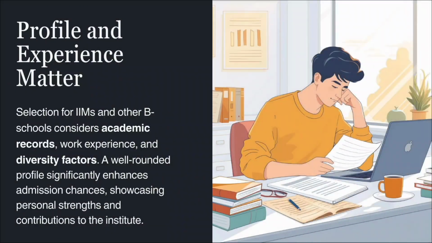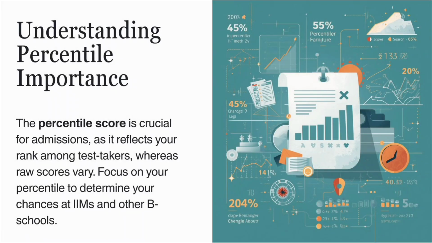Remember, IIM selection is not based only on your CAT percentile. There are various factors which play a very important role, like profile, academics, work experience, diversity, everything matters. Now after downloading your CAT result, your next step should be to shortlist the colleges based on your CAT percentile, then check IIM cutoffs, check non-IIM colleges which accept the CAT score.